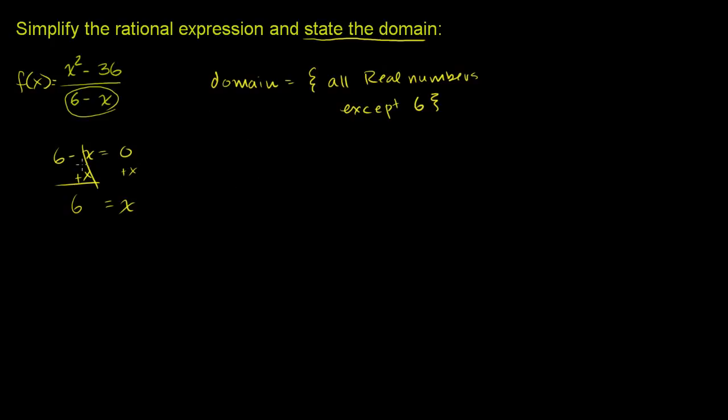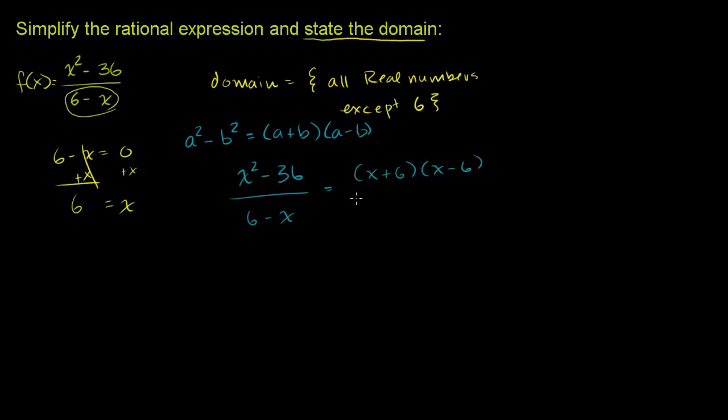So let me rewrite it over here. We have x squared minus 36 over 6 minus x. Now, this might jump out at you immediately as that special type of binomial. It's of the form a squared minus b squared, and we've seen this multiple times. This is equivalent to a plus b times a minus b. And in this case, a is x and b is 6. So this top expression right here can be factored as x plus 6 times x minus 6,